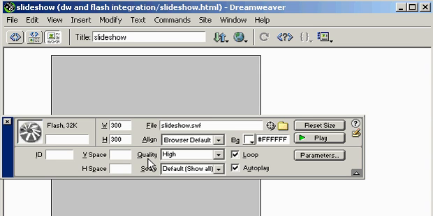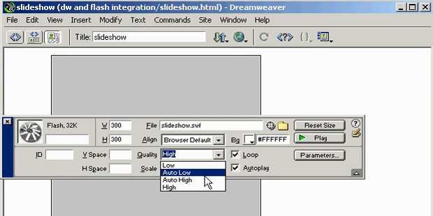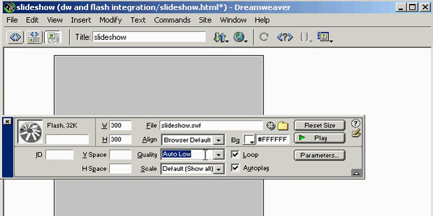Because of that, the quality setting is one of the most important options for you to select for a wide audience. Your best bet is to go into the quality menu and choose one of the two auto settings, auto low or auto high. The auto low setting will assume that you may have some visitors who have slower processors,